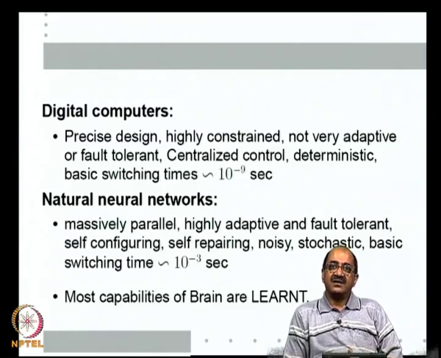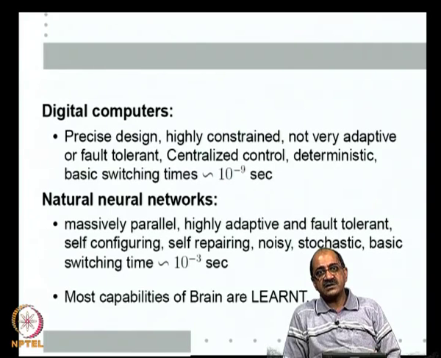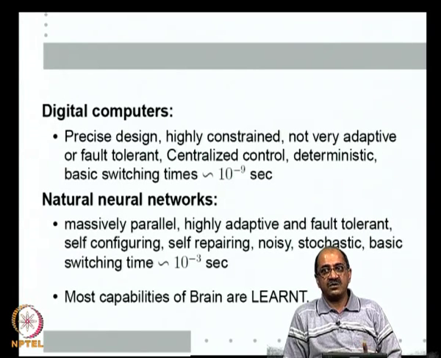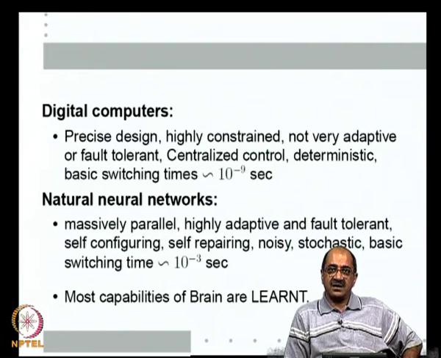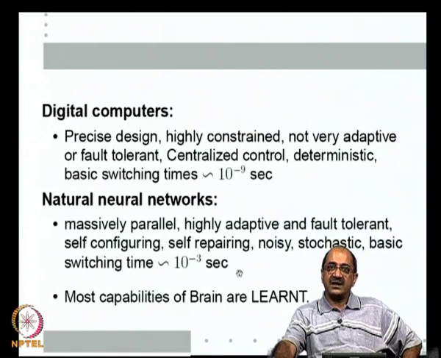And what is important is that it is not pre-programmed. Almost 99% of the capabilities of a 5 or 10-year-old person are not there at birth. Right? When you are born with your neurons, you cannot even do very simple things like sitting up or standing and walking. So, most capabilities of our brain are all learned. So, not only does it have a very strange architecture, but it essentially relies on learning.